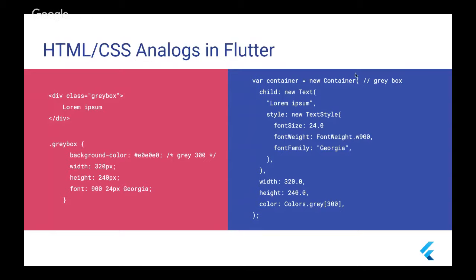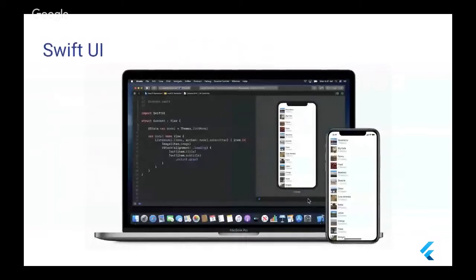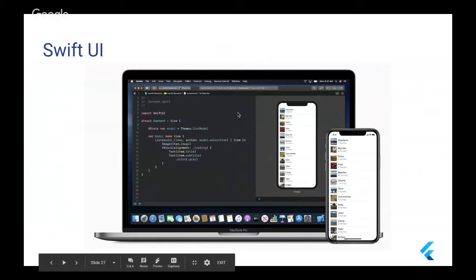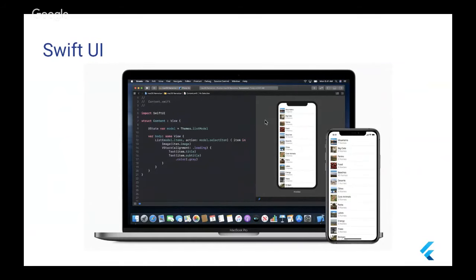And in Flutter's case, you are using only one language. We call it declarative UI. And this is the same concept that the companies behind the native operating systems, iOS and Android, are now starting to think with. I think at the Apple developer conference in May, Apple introduced SwiftUI, which uses the same concept that Flutter introduced three years ago.